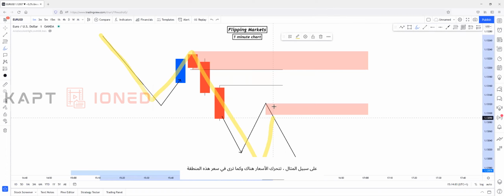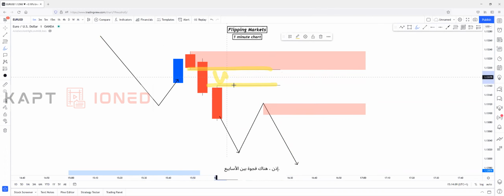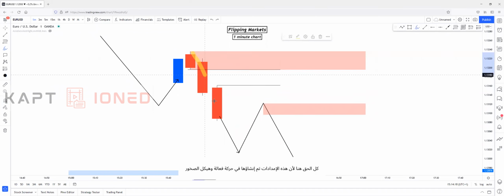Price is moving in a downtrend, as you can see. In this region, price created an inefficient move. So there's a gap between the wicks. So this means there's imbalance, there's inefficiency. Above this inefficiency, you can find the supply zone right here, because this supply zone created an inefficient movement and broke